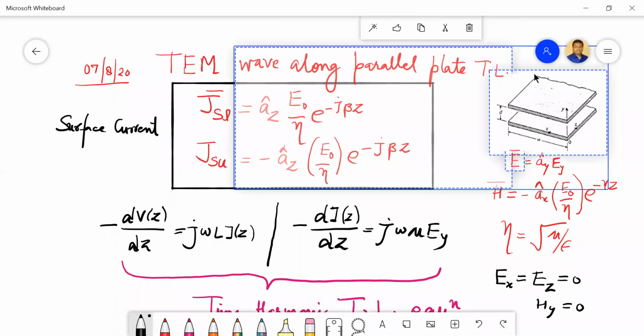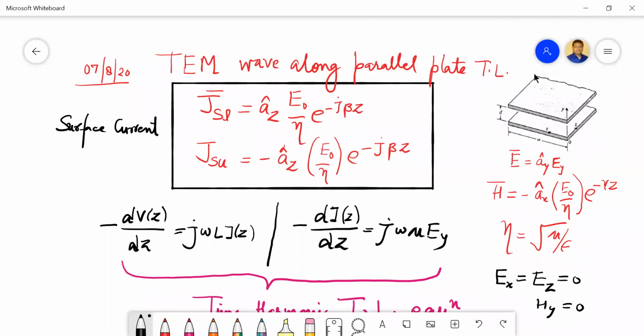So this was the structure of the parallel plate transmission line, and it was assumed that we have taken the Y polarized electric wave to solve this, and particularly we are going to solve for the TEM wave. And then we fixed its magnetic field from the given electric field, and after that we have written the boundary condition as well,